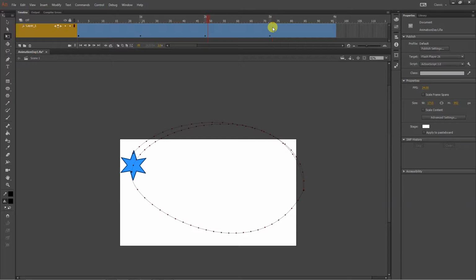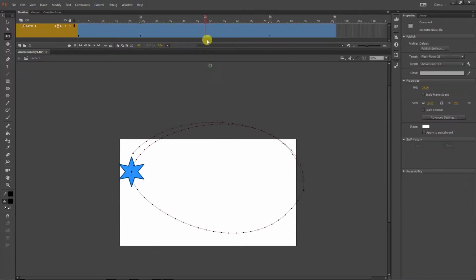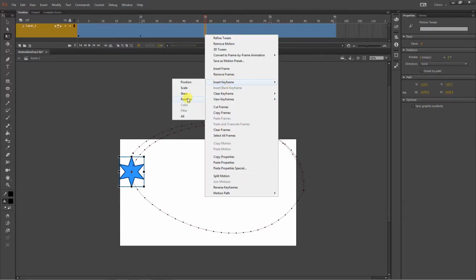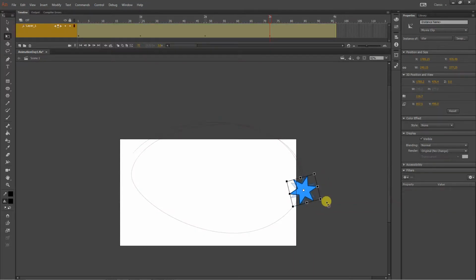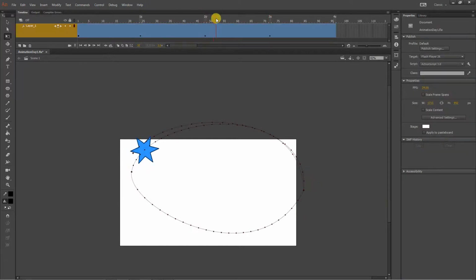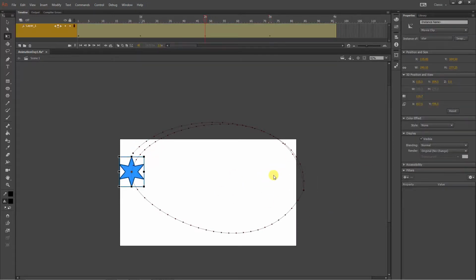But if you try to do, there we go. I might have undone too far. So if I do insert keyframe rotation here, and then I spin it, it's a little hard with a star, but more than 180 degrees, what it's going to do, oh, that time it listened to me. So sometimes it is still rotating in the correct direction, but if you over-rotate it, if you do like more than 180 or more than 360, it'll get confused and it might turn in the opposite direction because that's the shorter direction. The other thing that can happen